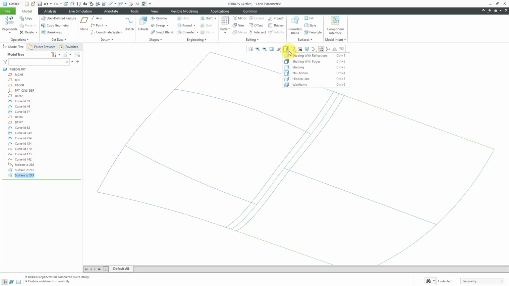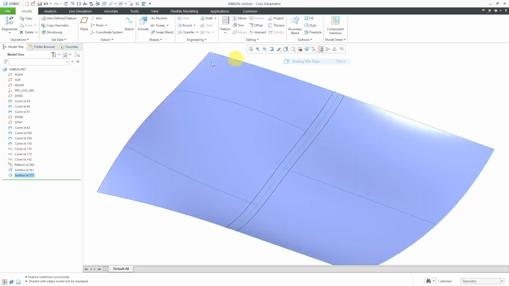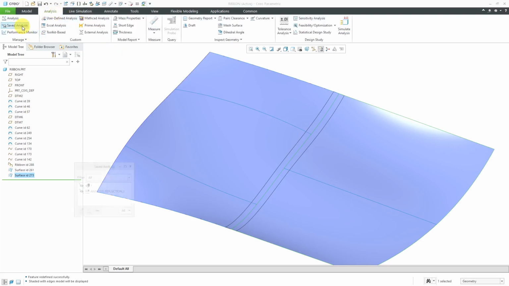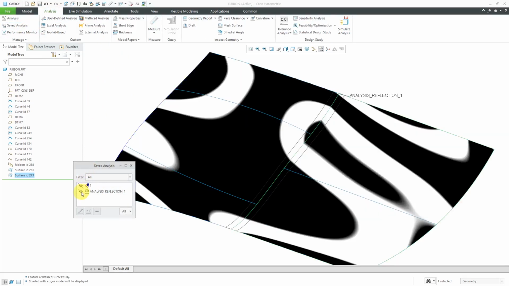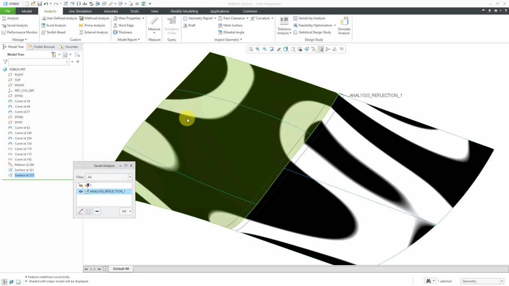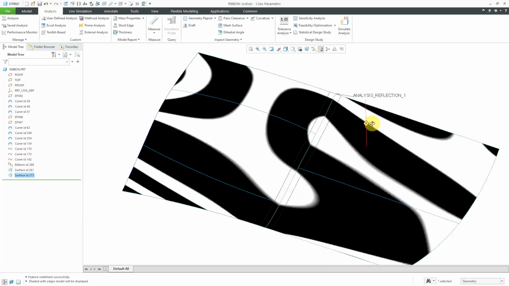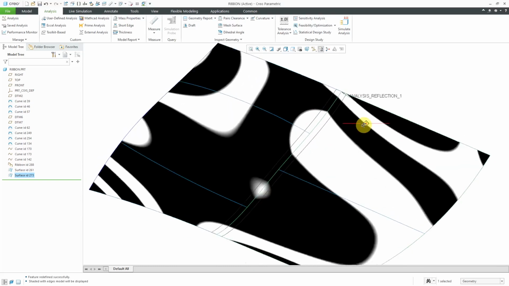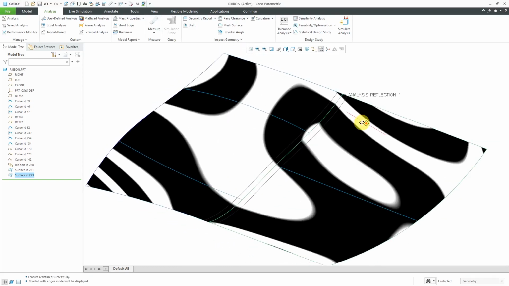I will change from no hidden line to shading with edges. And let's go back to the Analysis tab and Saved Analysis and turn on the display of the reflections. And now you can see that we have much better continuity between the two surfaces because they're tangent to that